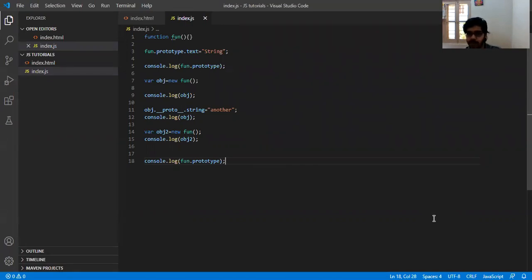But if you do so, for every object there will be a new definition created. If you have 1,000 objects, you will get 1,000 copies of definitions, which is tedious. If we add properties using the prototype property or the dunder proto property, only one copy is present, which is accessible by all other objects.